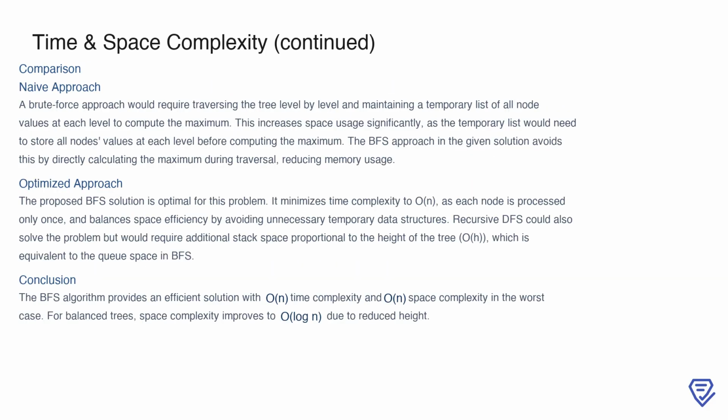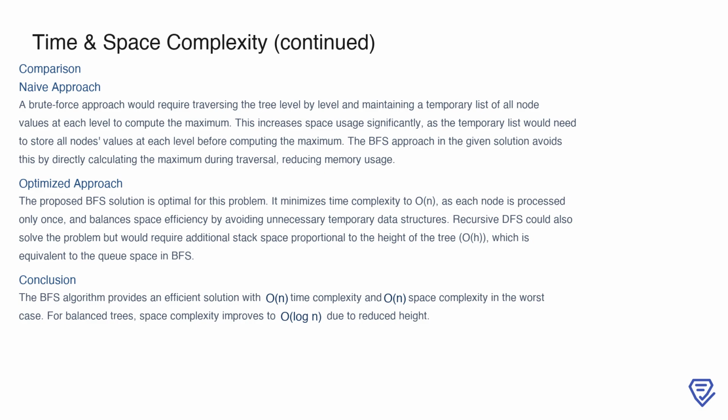When comparing approaches, a naive solution would involve traversing the tree level by level while storing all node values at each level in a temporary list before computing the maximum. This approach increases memory usage significantly because it requires extra space for the temporary list at each level. By contrast, the BFS algorithm we've implemented avoids this inefficiency by calculating the maximum value directly during traversal, reducing memory